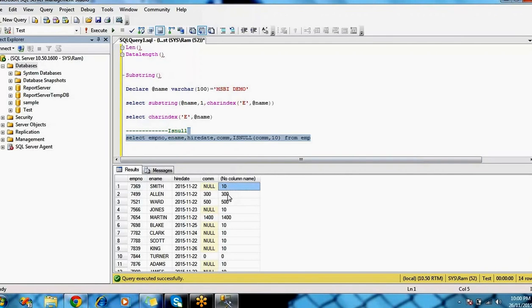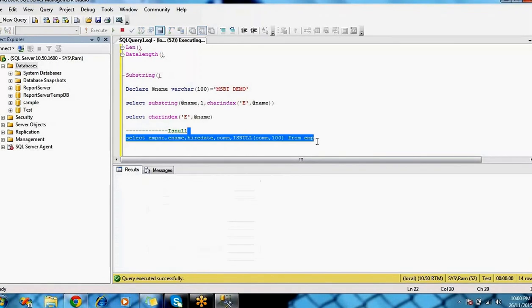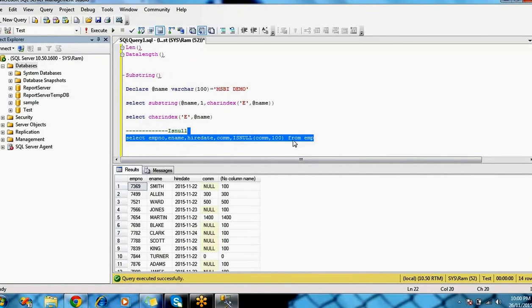See, it is displaying 10 because it was a null value. If it is a null value, that means there is no commission for a particular employee, so you are replacing it with anything. You can put 100 also, you can put any value. So this way you can use the ISNULL function.